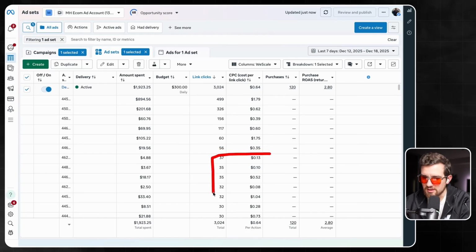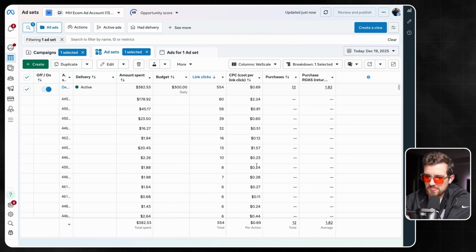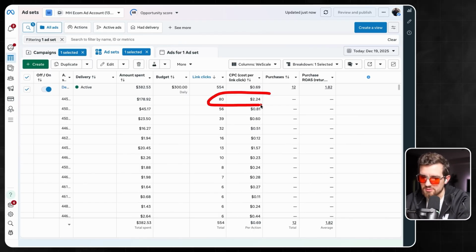Yeah, there's a bunch in here. Now, again, this is us spending a decent amount more. So more realistic is something like this, where, yeah, this is good. So 80 link clicks at $2.24,